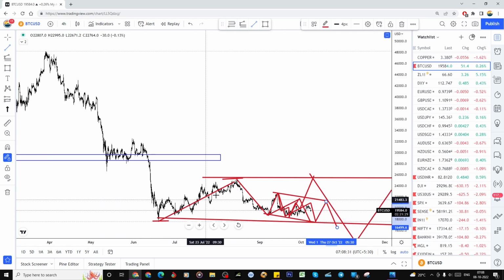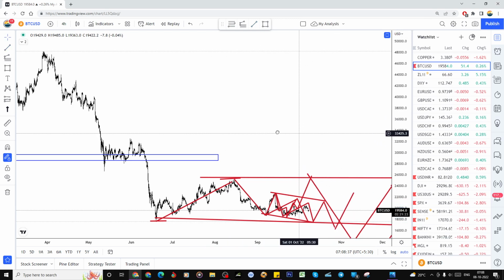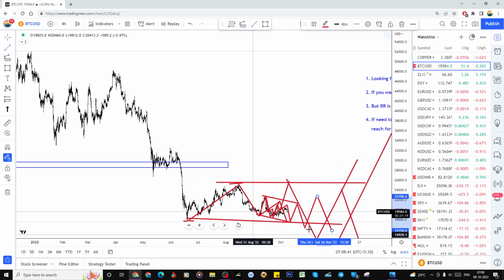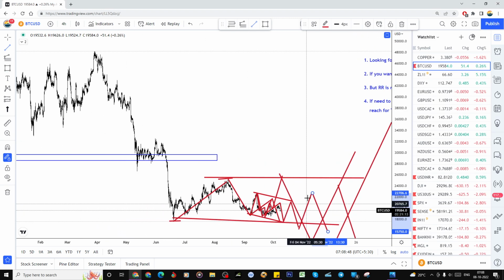So for this impulsive, A, B, C. After that, one more C and one more low. So this is the one in the bearish trend only. But until it breaks this low, we can't give the assurance it may go lower. If it breaks this low, immediately if it bounced, definitely after the completion of the five-wave structure, we can go